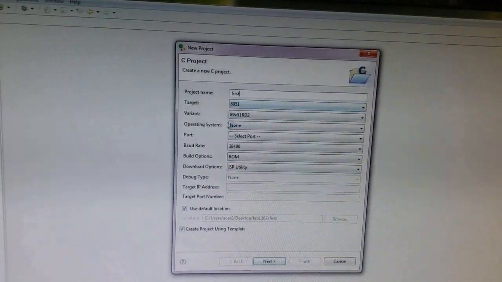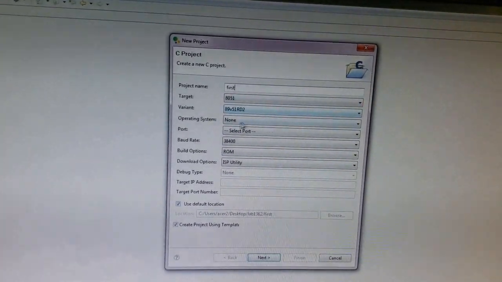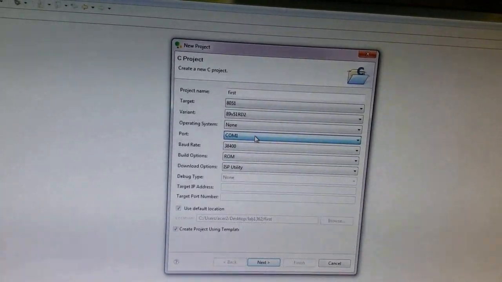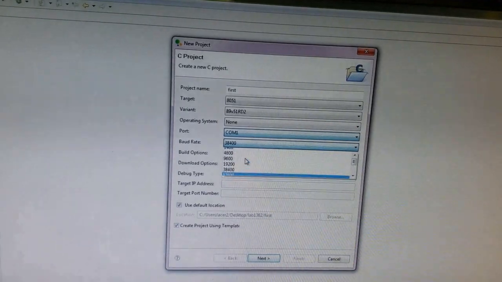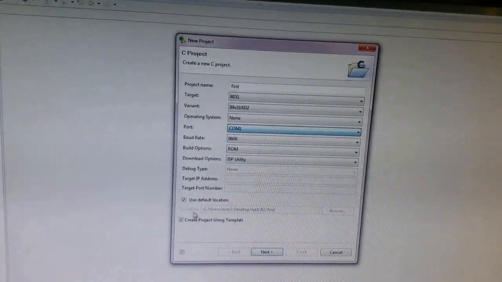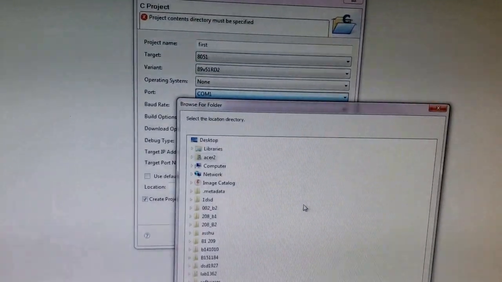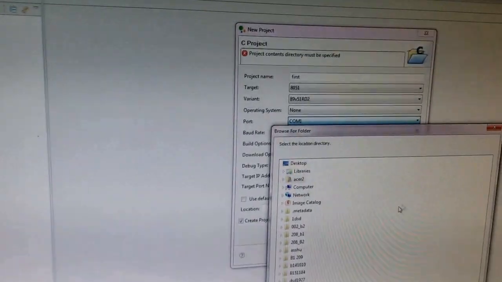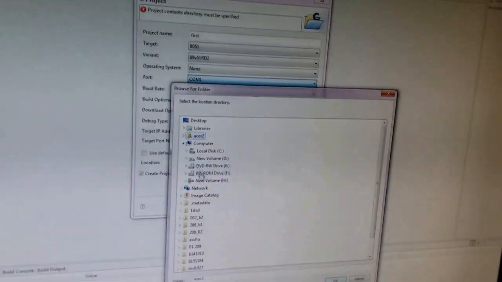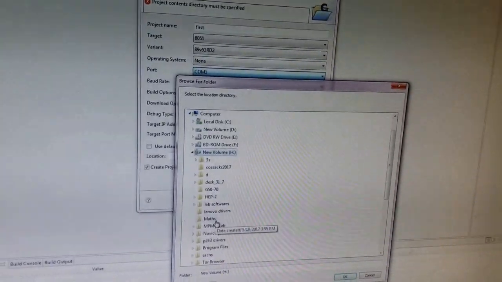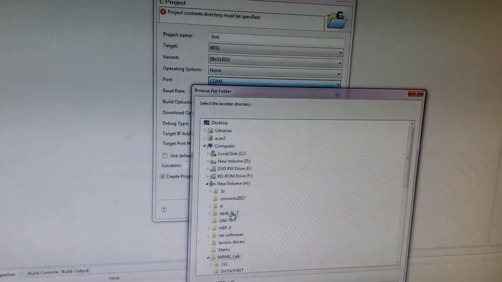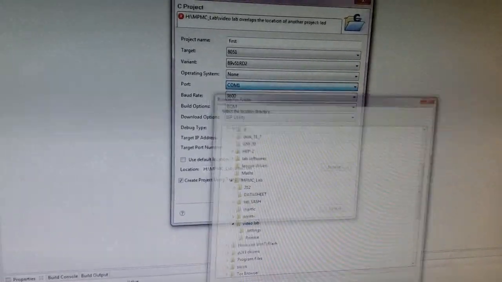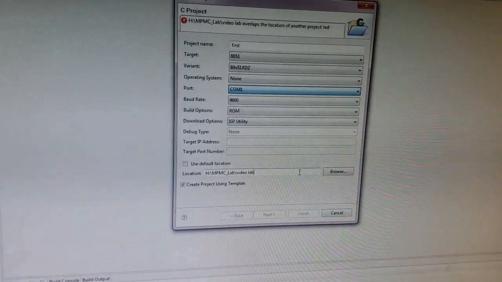Then target is 8051, variant is 89V51RD2, operating system is none, port is automatically set to COM1, and baud rate is 9600. For the project location, browse to the location which we have set, video lab, and then OK.